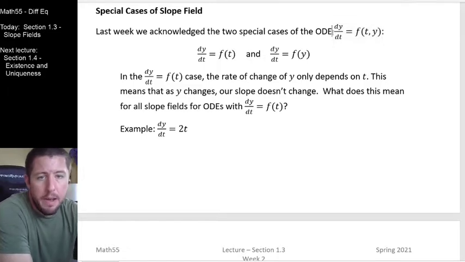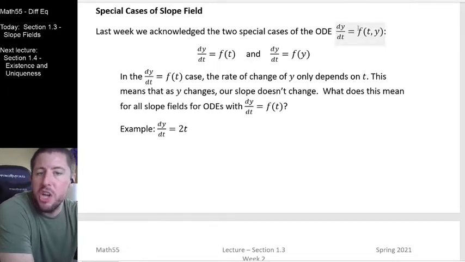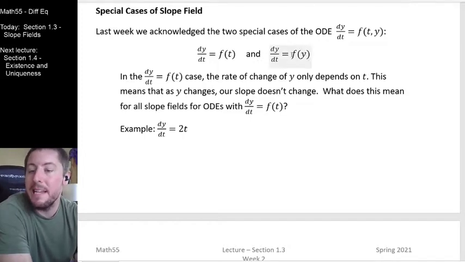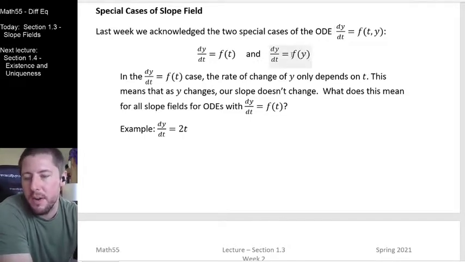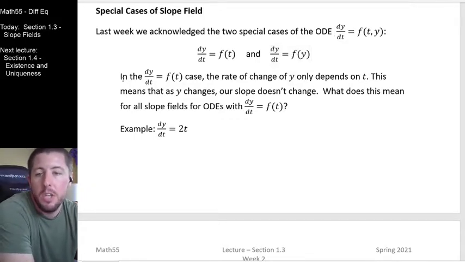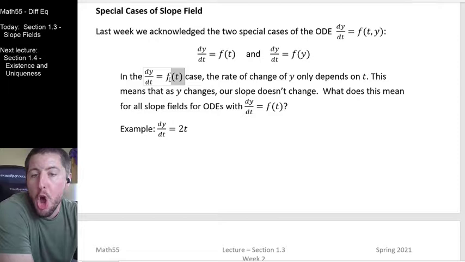They're the ones that we talked about last class, which is that for any general ordinary differential equation, there could be t's and y's on the other side, but the special cases are where there's only t's on the other side, and the other special case is when there's only y's on the other side. The fact that this equation has no y in it and this one has no t in it makes it easier for us to analyze, easier for us to make broad statements about what the graphs are going to look like, stuff like that. So in the case where we have no y dependence on the right-hand side, only t